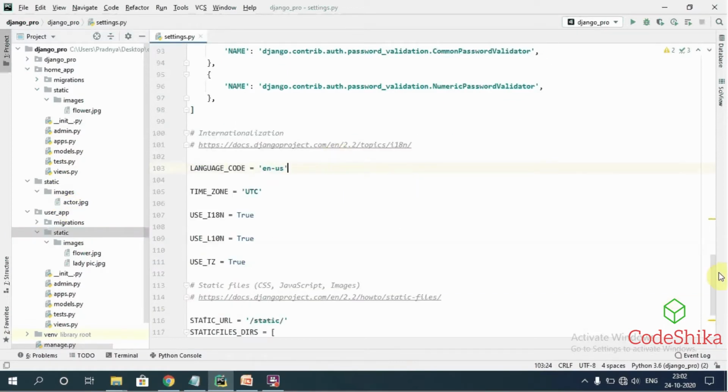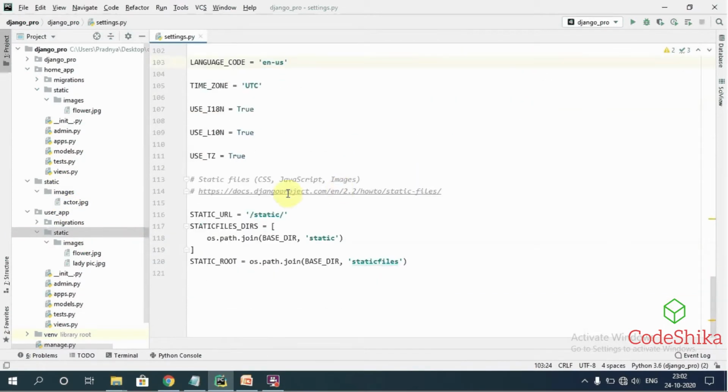In the settings.py file, you should specify the STATIC_URL setting, STATICFILES_DIRS, and the STATIC_ROOT setting. In the STATIC_URL setting, I have specified the /static/ URL pattern, and in the STATICFILES_DIRS setting, I have specified the directory, for example here static inside the root project, and this is the static directory inside our root project.